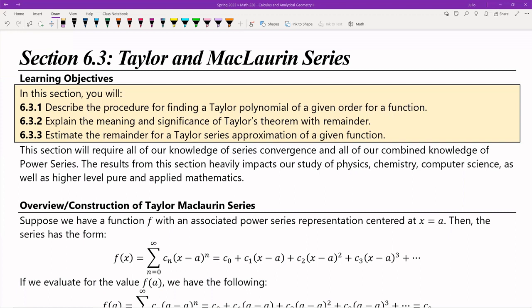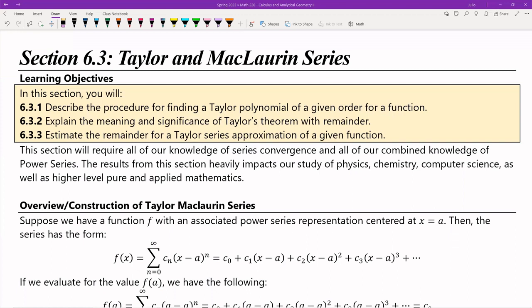A big thing that I'm going to show you guys in this section is computer science, okay? A huge thing that happens with Taylor series is what we can use them for when we start talking about computations and all that stuff. I already made you do an example of it, but now I'm going to specifically